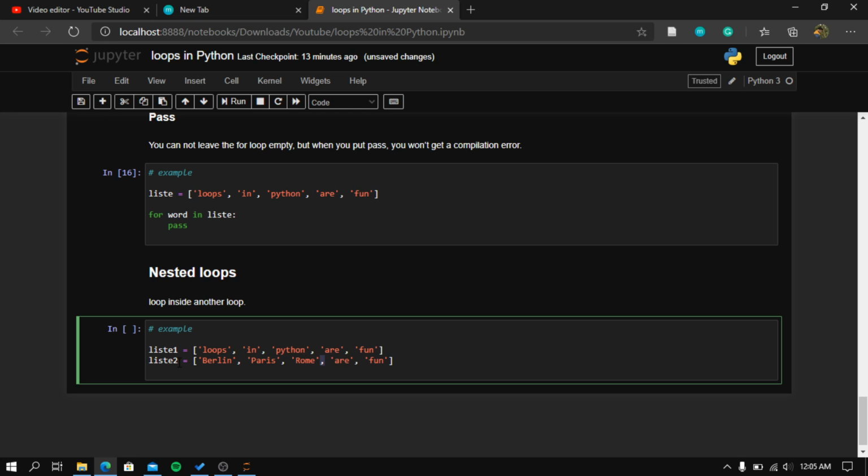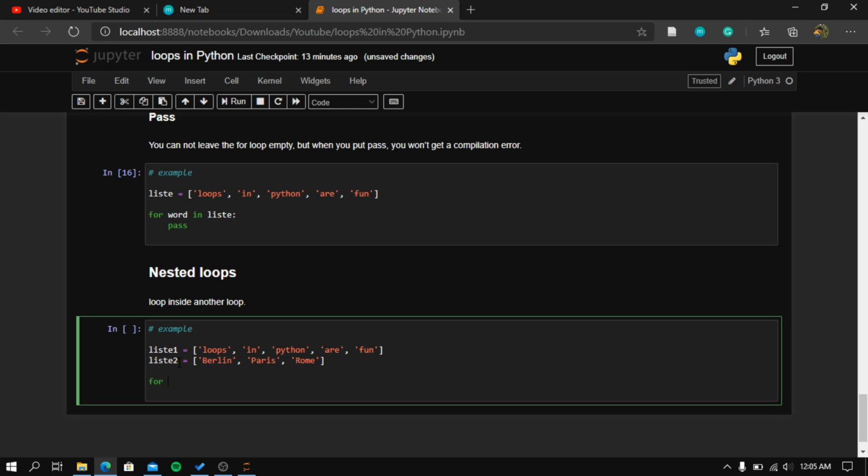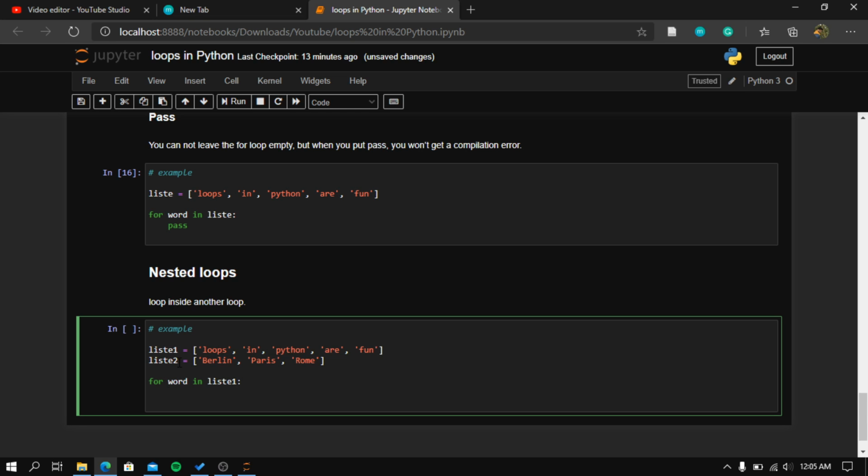Right, and then what we want to do is create for word in list 1, and to create a nested loop, we will use another loop within the first loop. We are creating for city in list 2